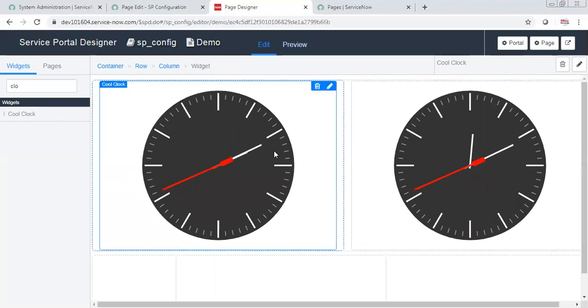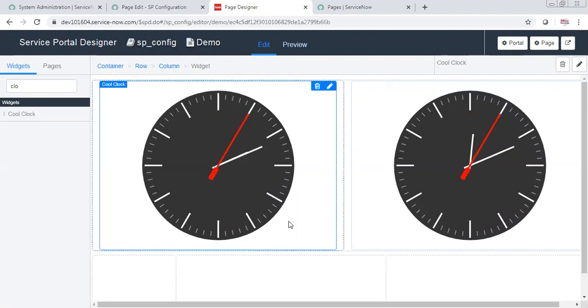See, now let's say your customer wants a page with some clocks, so that a support user can always keep it open and refer to the times in different time zones, because they work in support, right? So let's say I have put 2 clocks. One is in Eastern time and another one is Canada Central.